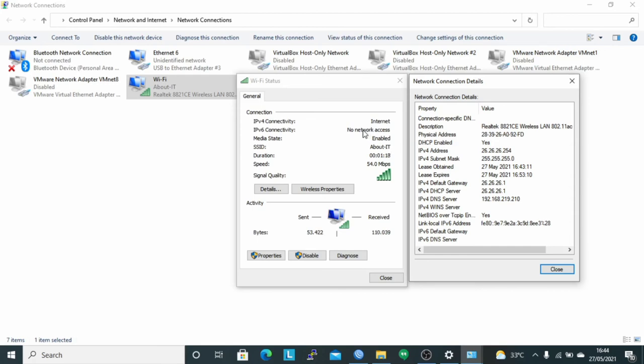And then perform a ping test to the IP gateway, namely 26.26.26.1, and google.com via CMD.